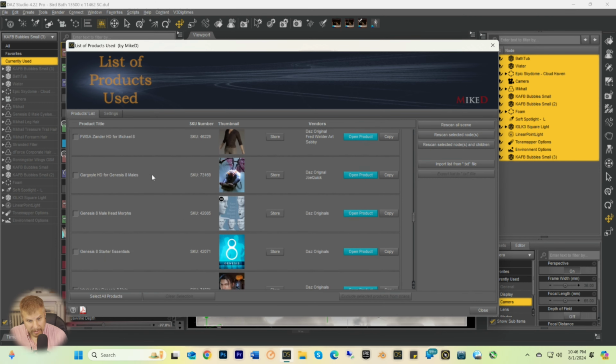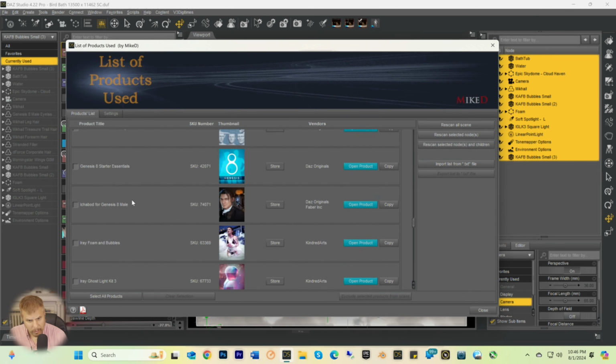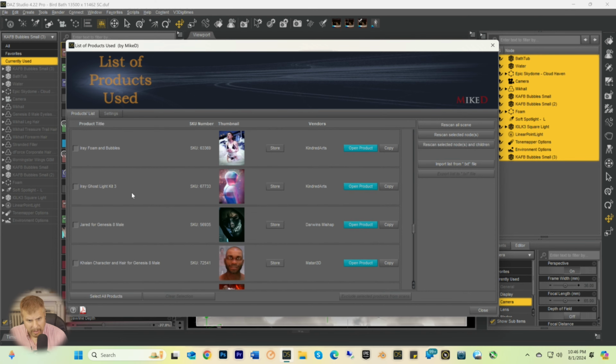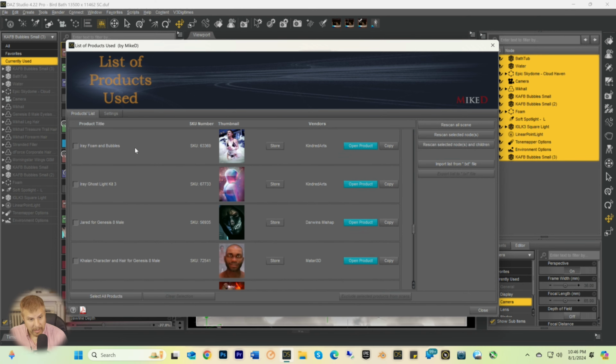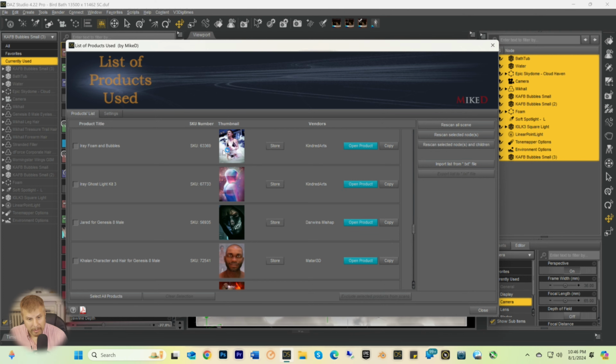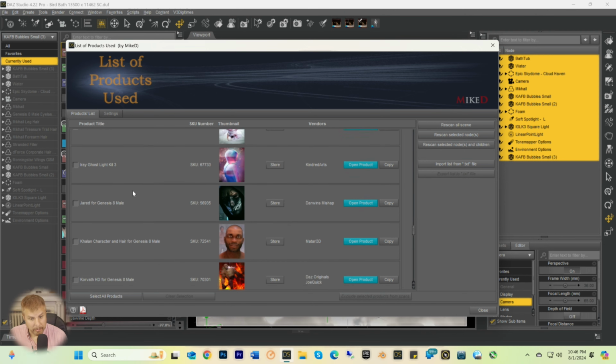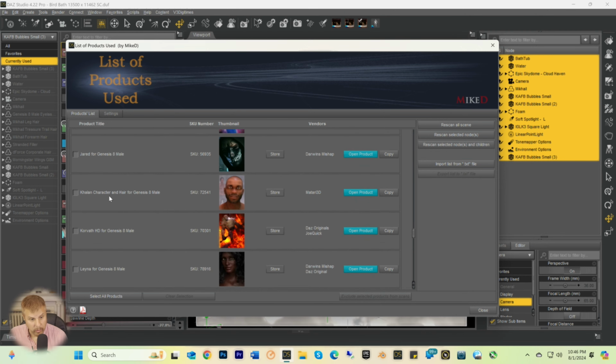Riker. And then these male head morphs, I could very well, the ghost lights and the kit 3, which is going to say it's gone, okay, because I used that a lot back then. I still own the product, but they don't sell it in the store. I could have used some of